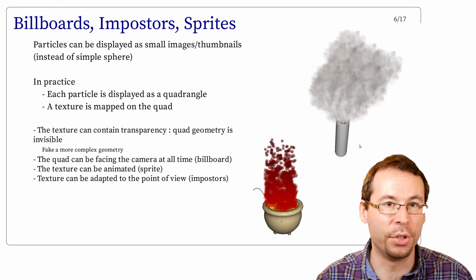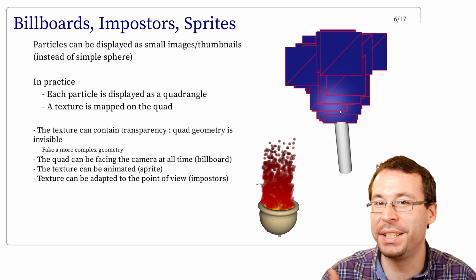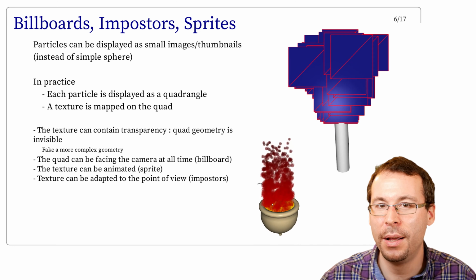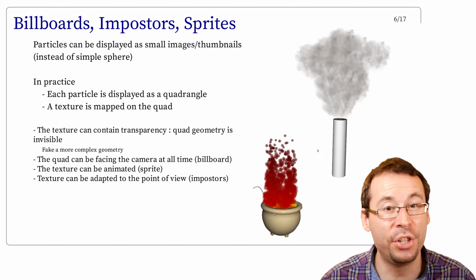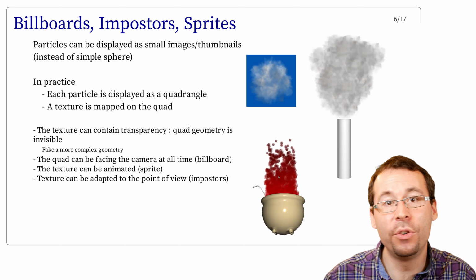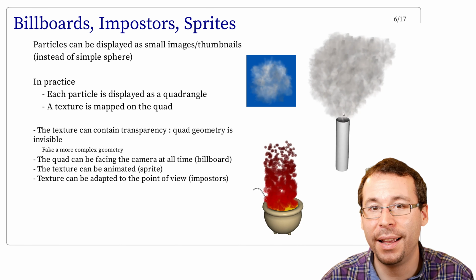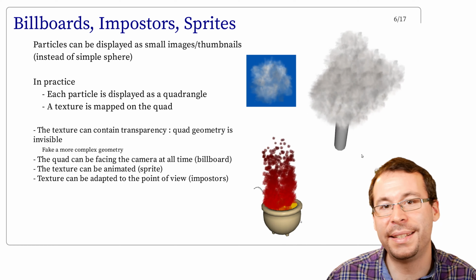This is the case for the smoke-like effect. When you rotate the camera, you have the feeling of seeing a 3D smoke structure, but this is actually only the same image drawn on quads that always face you. And here you can see a single texture image of a cloud in the sky, and in this case the blue background is actually transparent.